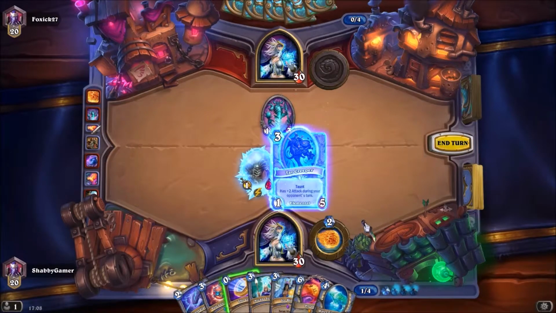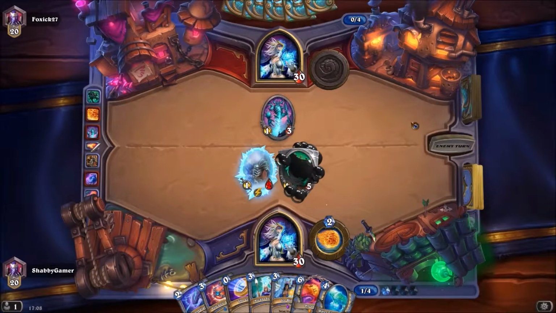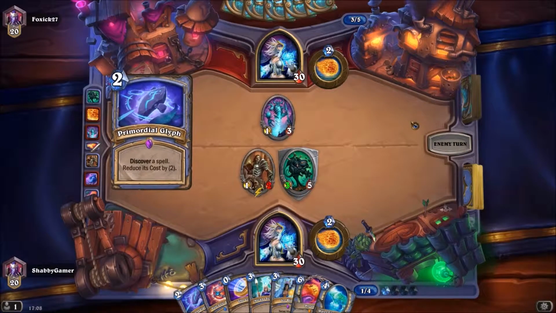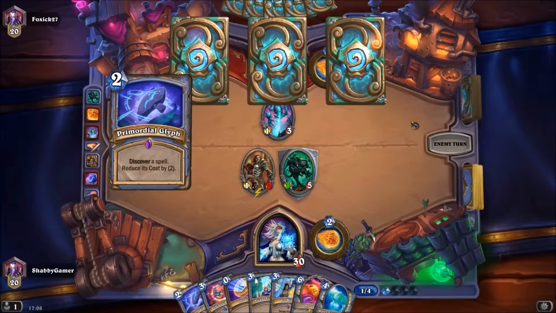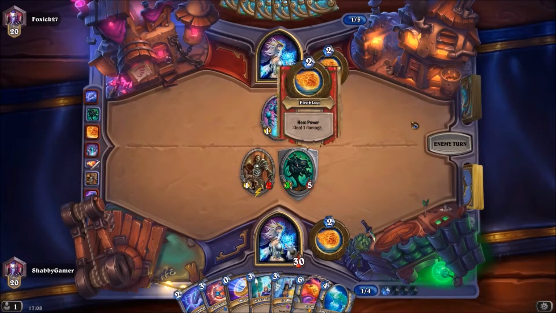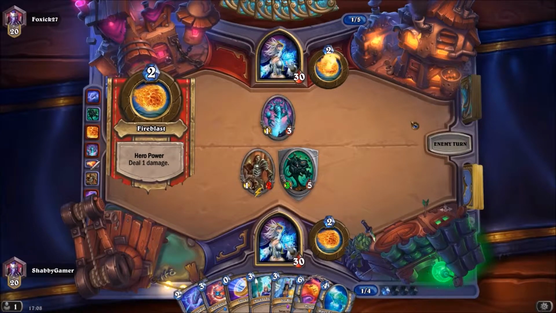So I'm going to drop Tar Creeper, just as a target. And if he wants to attack the Tar Creeper with his guy, then it's going to kill him. So again, if he wants to use all of these big clearance cards early on in the game, that's fine. We've used none of ours yet. So he's going to go for...